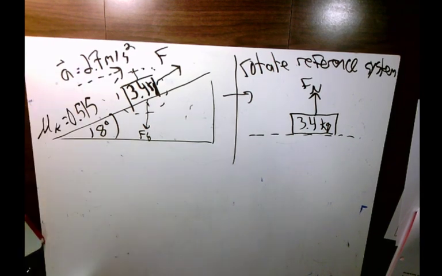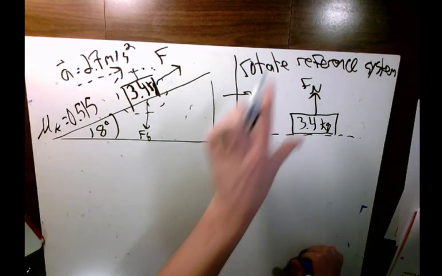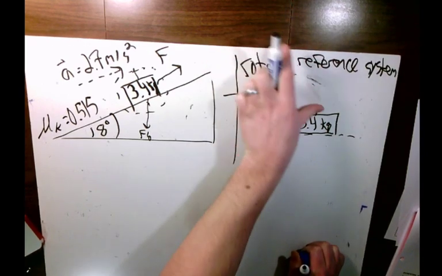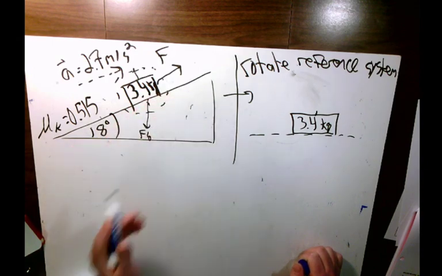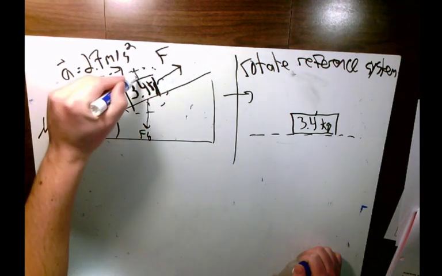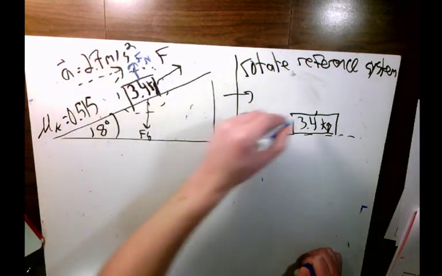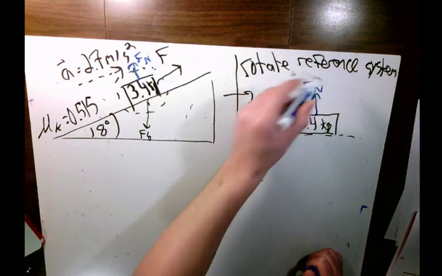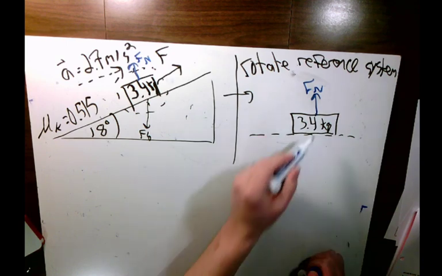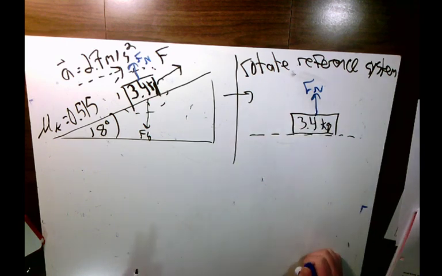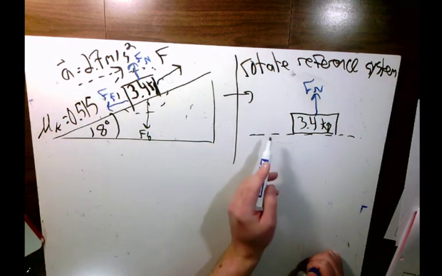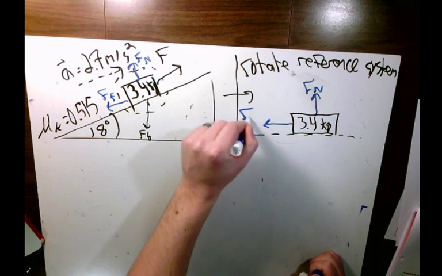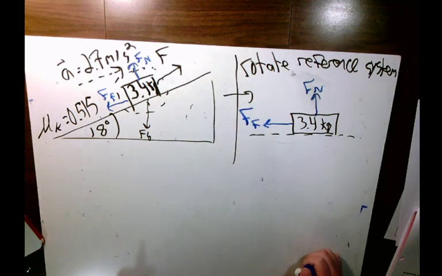I'll work in a different color and show you what I'm doing on this other one here. It'll just be a little messier. So force of gravity is acting down, force of friction is acting parallel to the surface. I have this normal force, which I'm rotating my reference system so that it is perpendicular to the surface. I have force of friction, which I have rotated to make parallel to the surface. I have an external applied force,